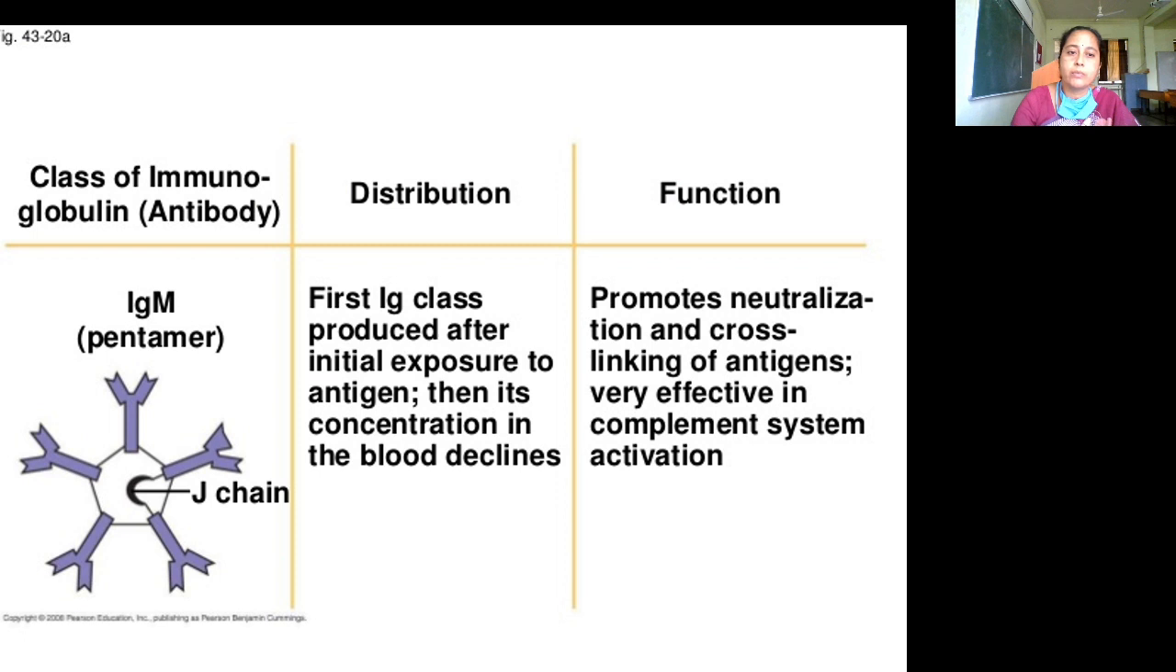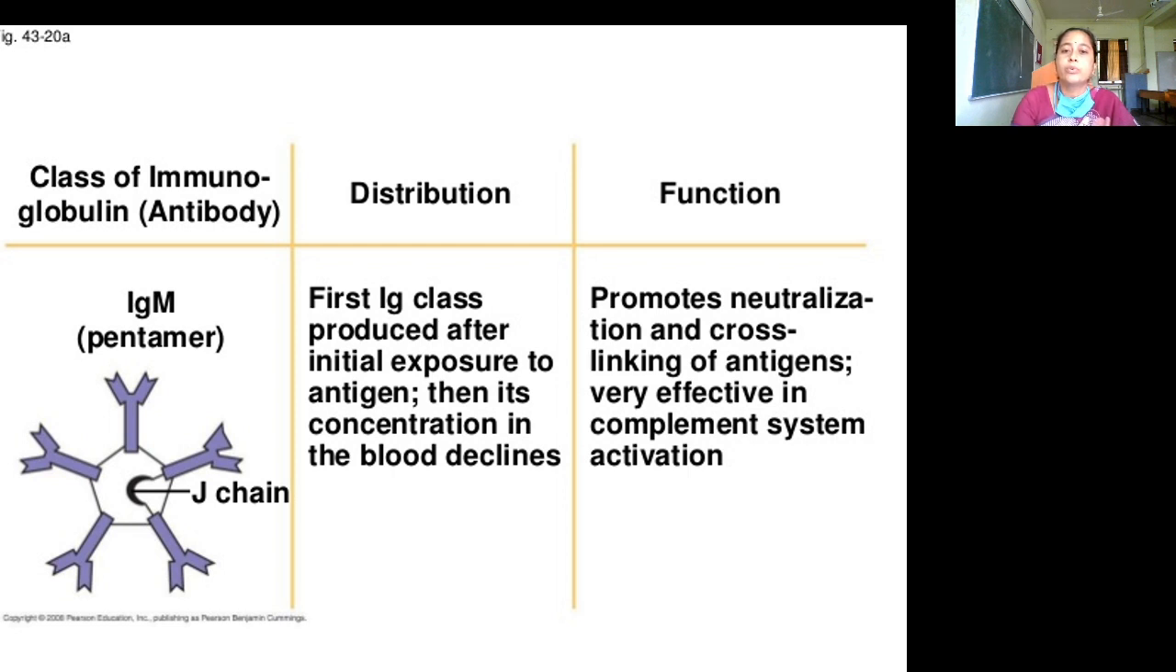These are the classes of immunoglobulins, antibody, and distribution and function. First one is the IgM antibodies. This is the structure of IgM antibody. It will have the J chain and antibody chains. And distribution, first